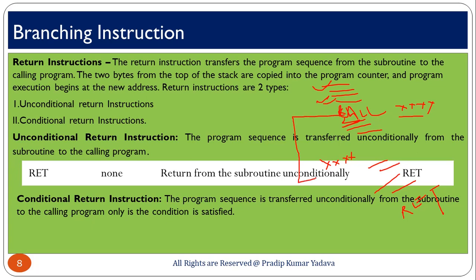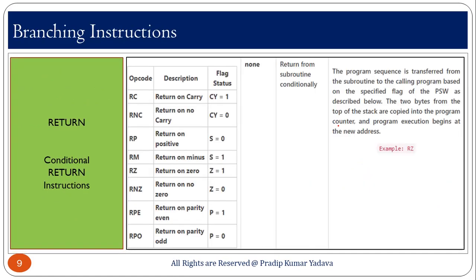So, your counter jumps here. Now the counter will execute this program sequentially. As soon as the counter finds return, it will return from here to here, which means it basically transfers the sequence from this subroutine to the calling program, because you called this subroutine from this location. That is why after executing this, the program counter will return to the place from where you called.